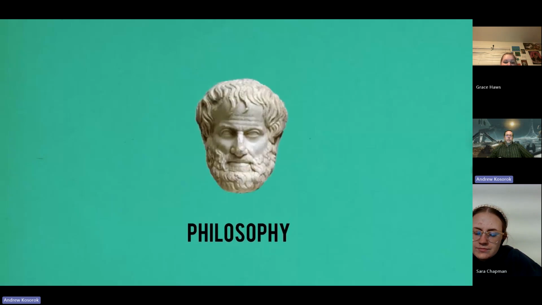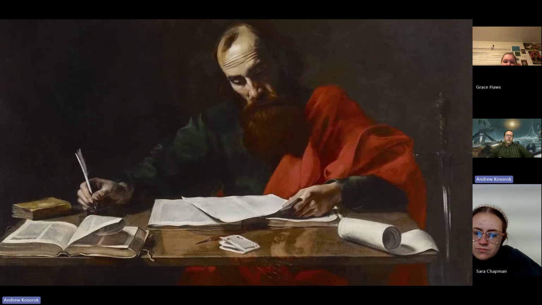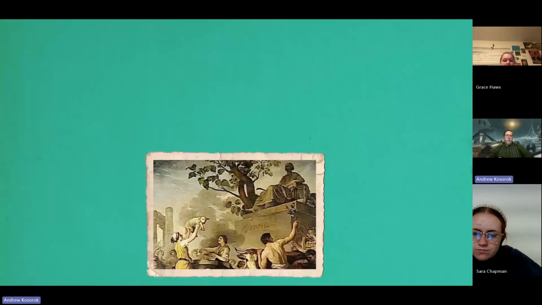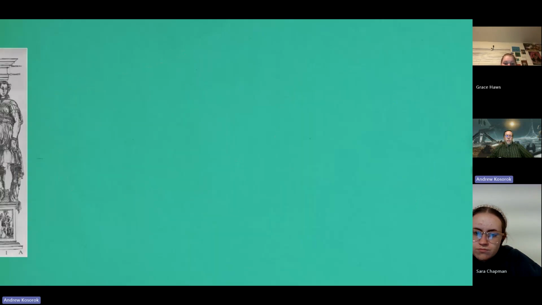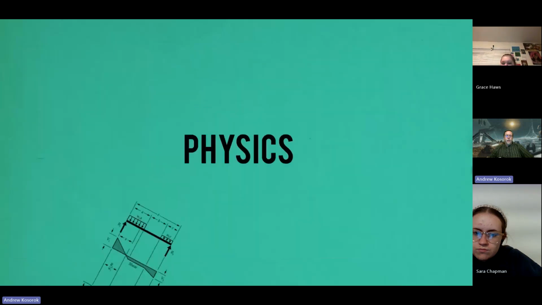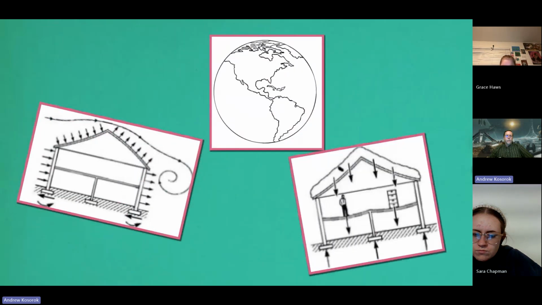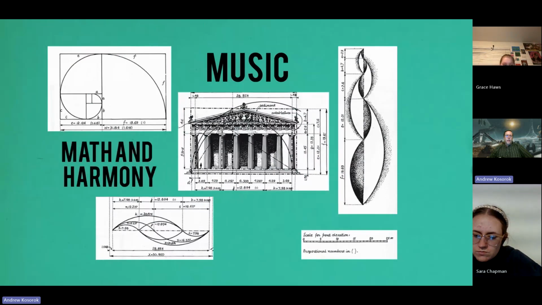Philosophy is another tool in the toolbox. The architect that studies philosophy can understand higher meanings and introduce even higher purpose to his shapes. At the time of the writing, understanding the ways of the gods was essential to build temples. However, philosophy can also help the architect to shape his own personality and to be honest in his designs. Physics gives the architect the ability to interact with the elements and forces of nature, such as wind, earth, and gravity. Music, to represent a vocal interpretation of math and harmony. Both are pillars of architectural design.